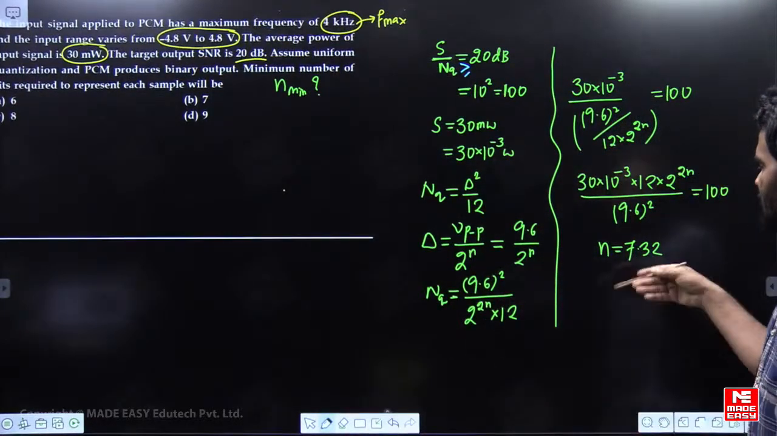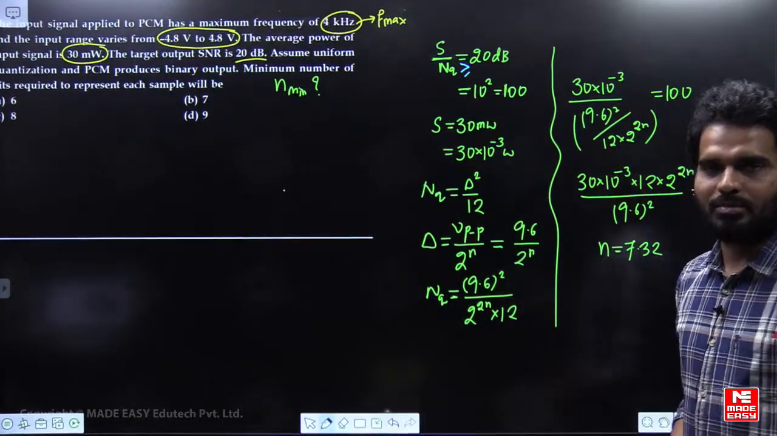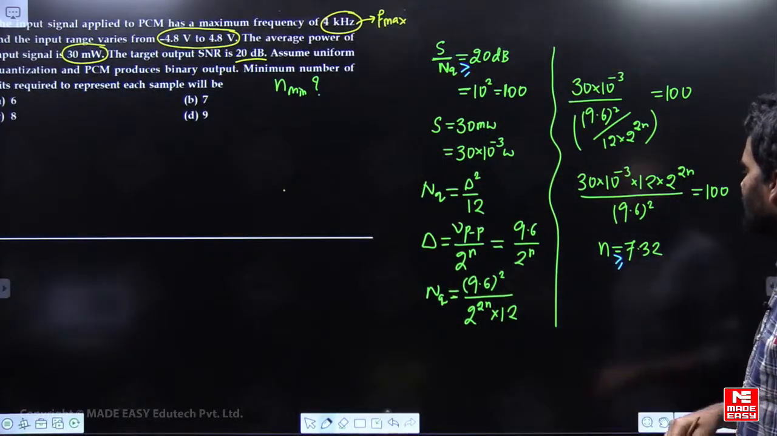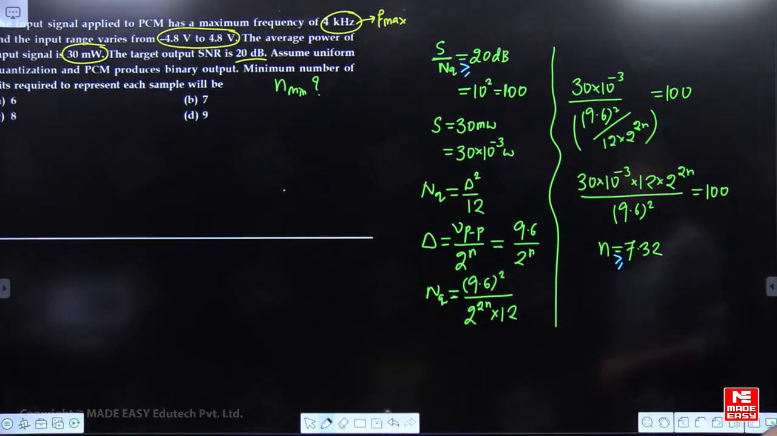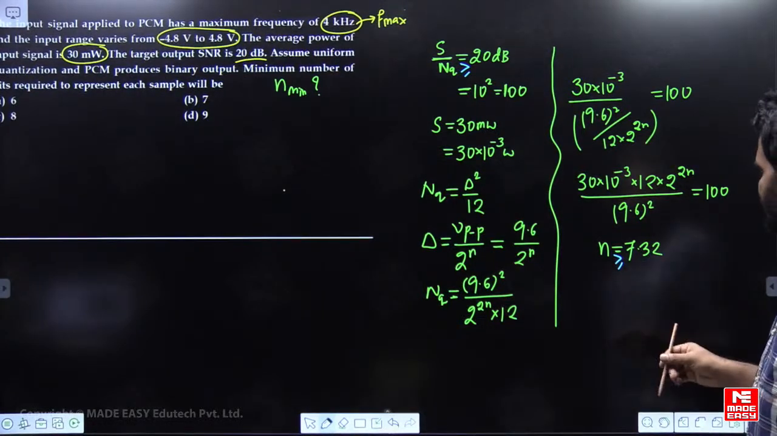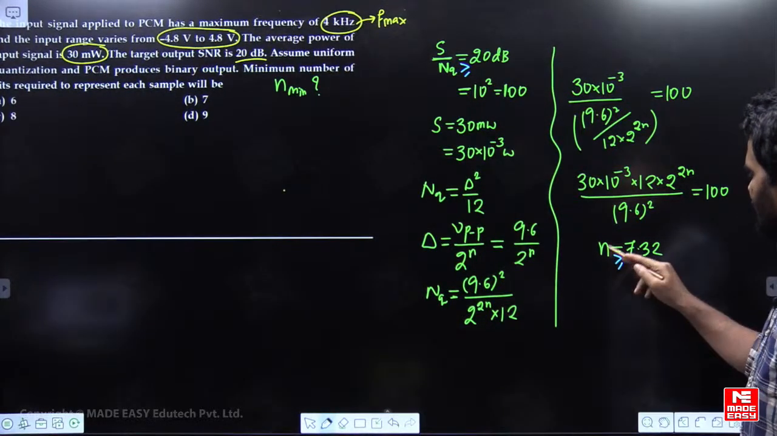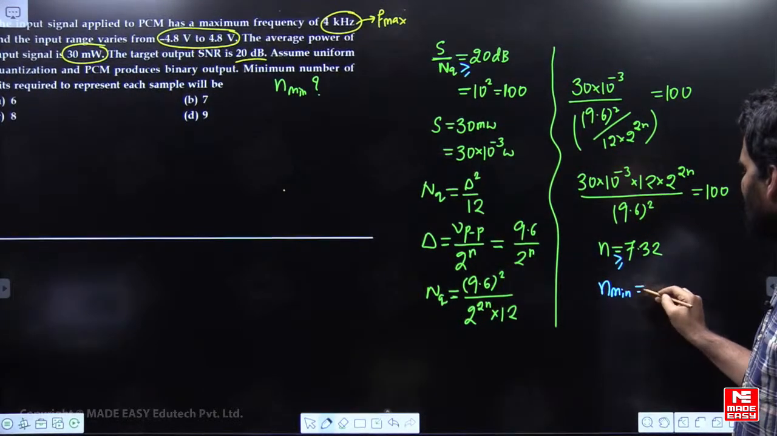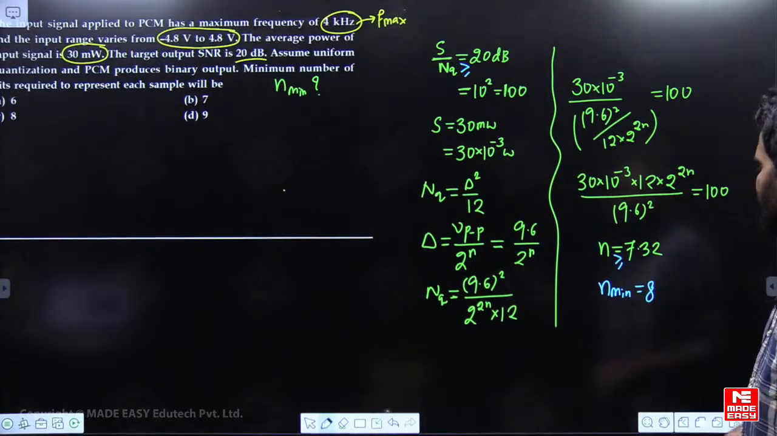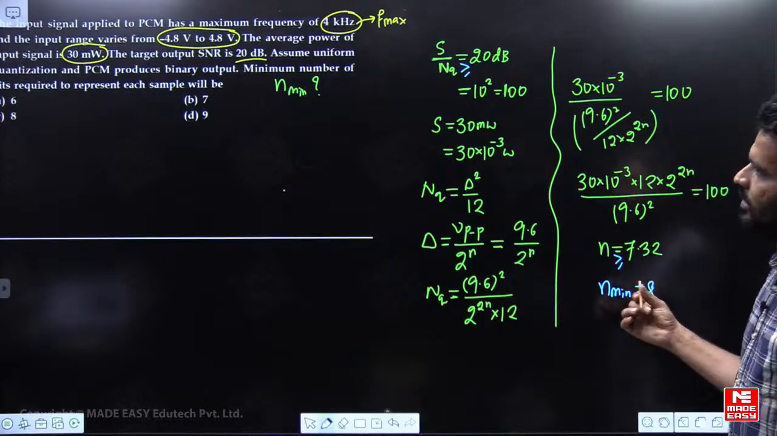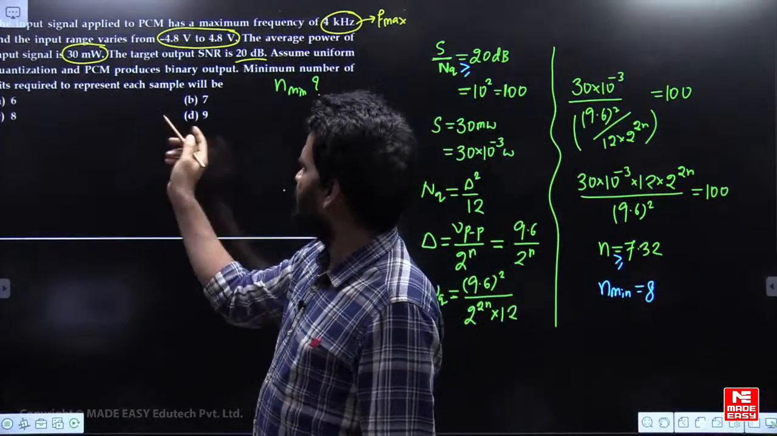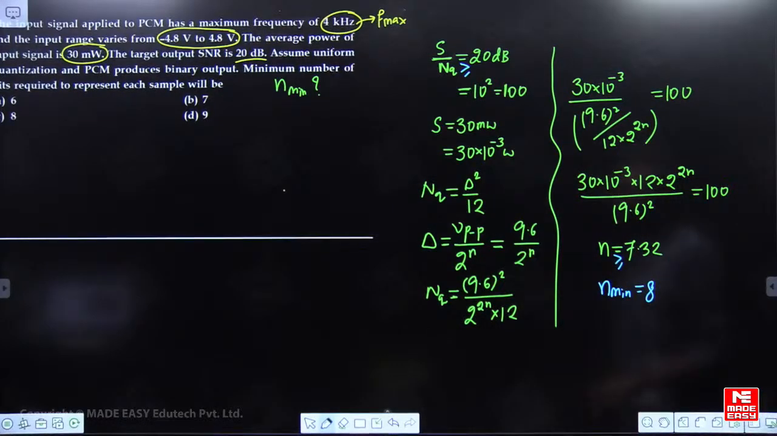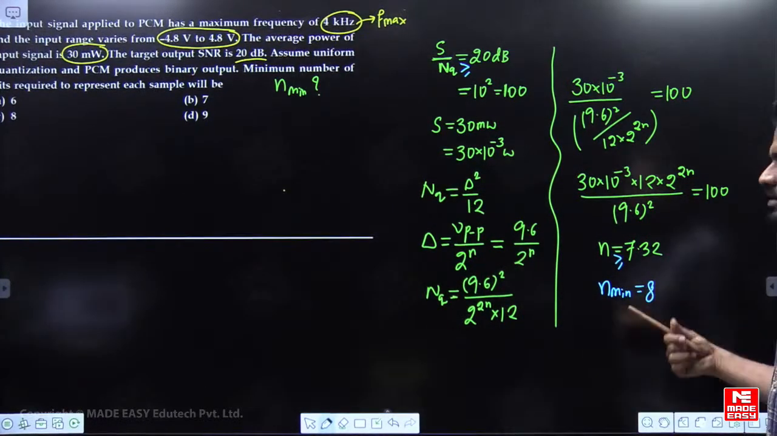Because n should be an integer, each sample represented by how many bits, I can say n should be greater than or equal to 7.32. In satisfying this, n should be an integer, and at the same time this condition should also be satisfied. So n minimum equals 8. N greater than or equal to 7.32 means you can go for 8 and 9 also here. Among the options, 8 and 9 are both given, but I have to go with the answer 8 here,